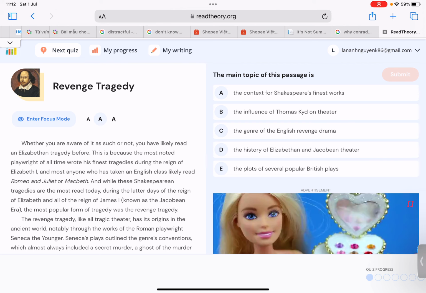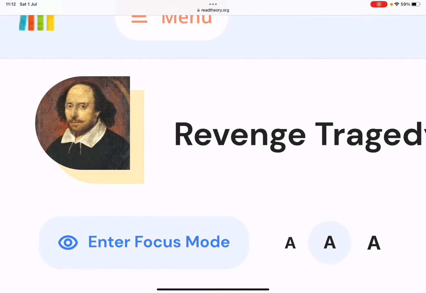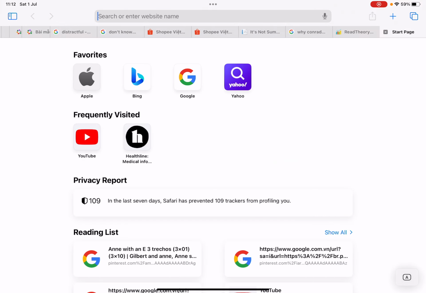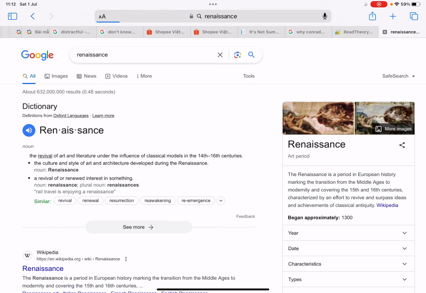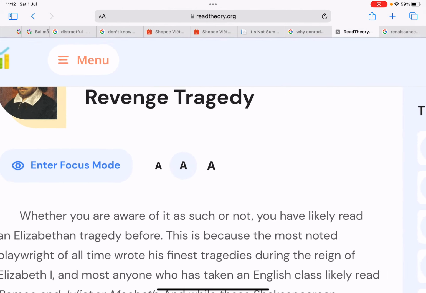Today we're gonna learn about the revenge tragedy. So first, look at this picture and tell me, what does it trigger? Like, what does it remind you of? I think it reminds you of the past or the Renaissance. Wait, the Renaissance. Let me check the pronunciation. Actually, I forgot it. Renaissance. Renaissance, yeah,